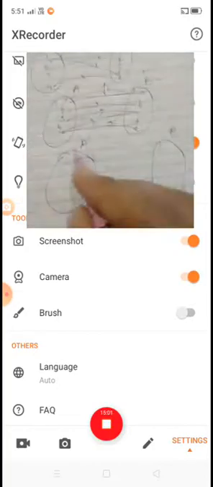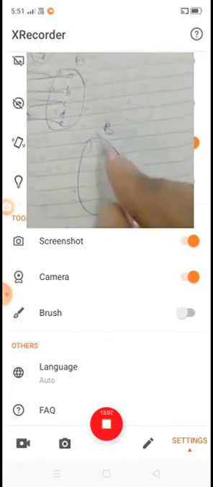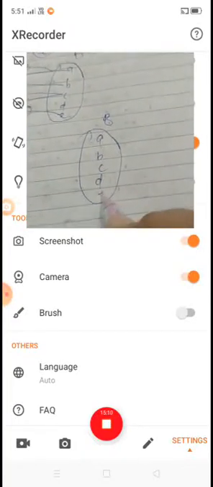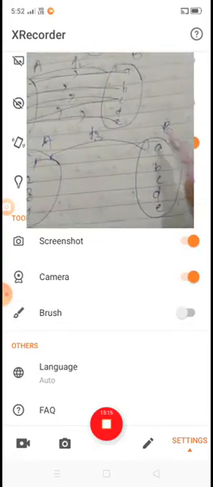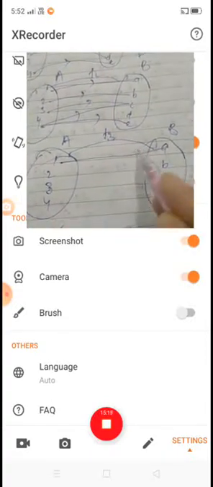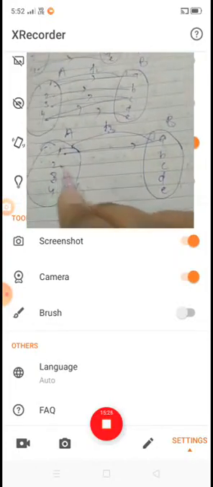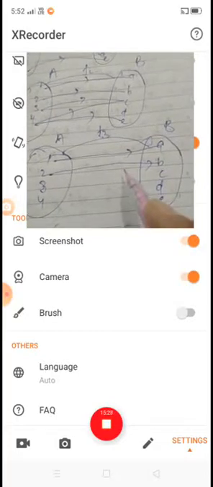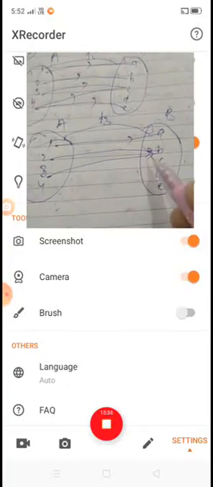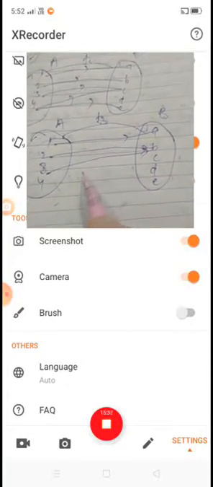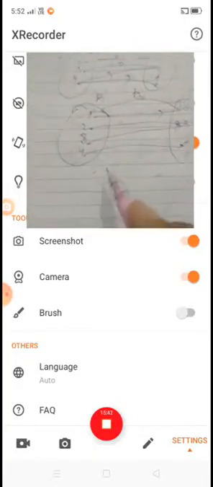Okay, now the third one, set A, set B. In that set 1, 2, 3, 4, and in that set the elements a, b, c, d, e. Okay, this is the function F3 from A to set B, which is: 1 related to a, 2 related to b, 3 related to b, 4 related to d. This is F3.